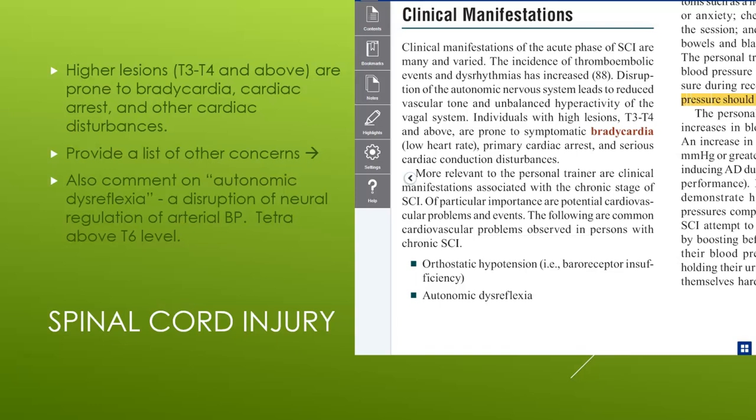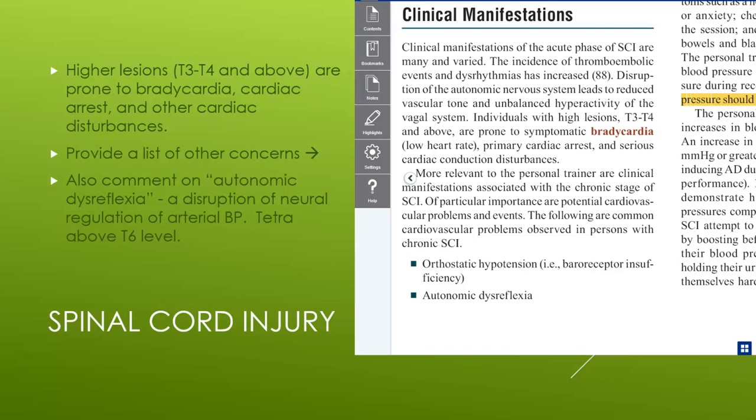When they talk about spinal cord injury, that's SCI. They switch to SCI here instead of writing it out. There are many different manifestations that come about, but they talk about how dysrhythmias are increased. They also talk about, for example, the higher the lesion or the higher the injury, like above T3 and T4, these individuals are going to be prone to bradycardia, a slowing of the heart rate, cardiac arrest, and other cardiac